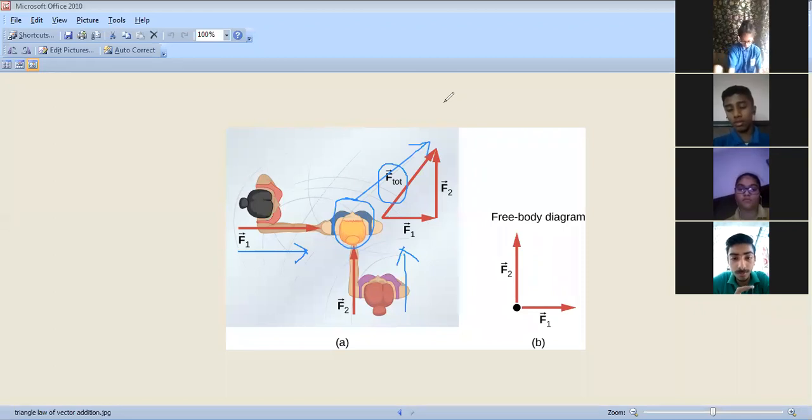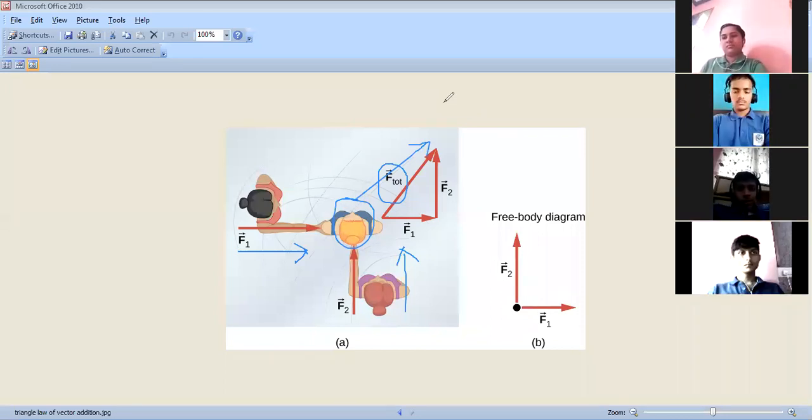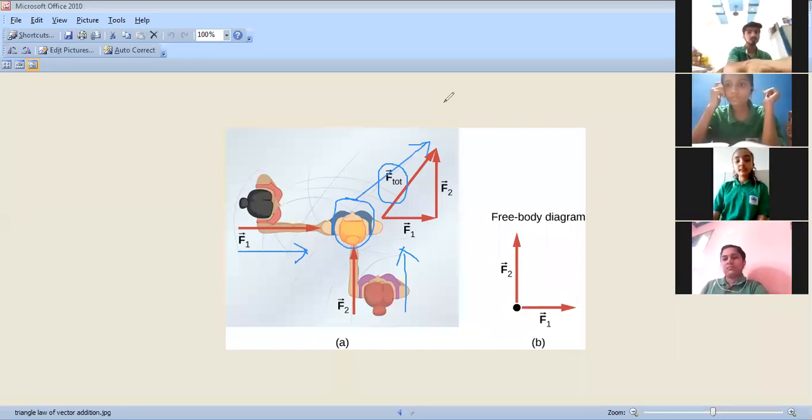One more thing, this triangle law is applicable if the angle between the two forces is 90 degrees. Can you see F1 and F2? They have an angle of 90 degrees between them, and only then can we use the triangle law. What if the angle is not 90 degrees? We will be using the parallelogram law. Picturized example. Is it clear to everybody? Nisha, Himanshu, Neha? So we will be seeing parallelogram of vector addition.